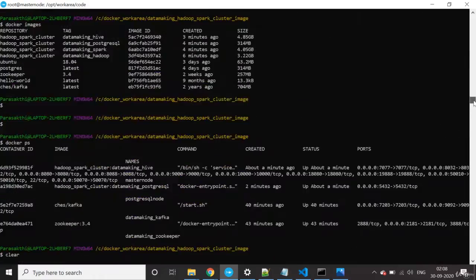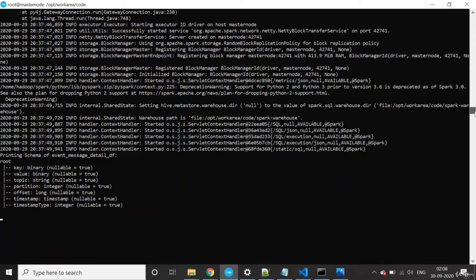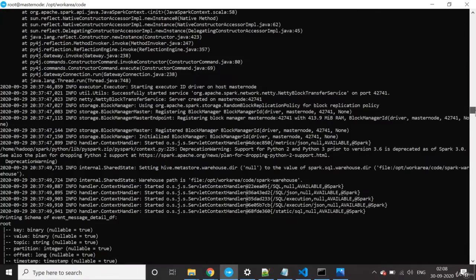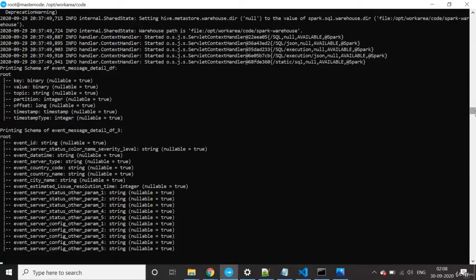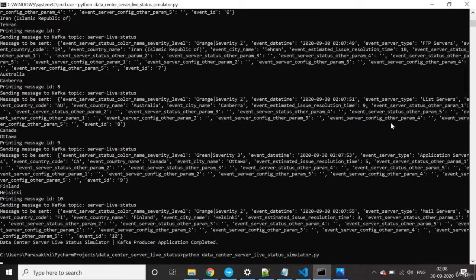It seems some jar is missing. Is it referring to a local path? This jar is referring to a local path. We'll publish some more data here.